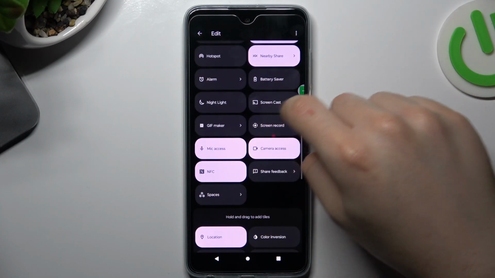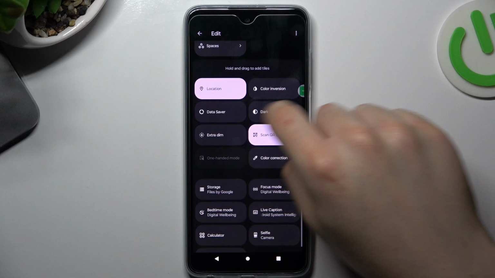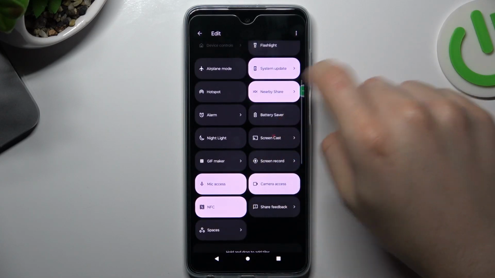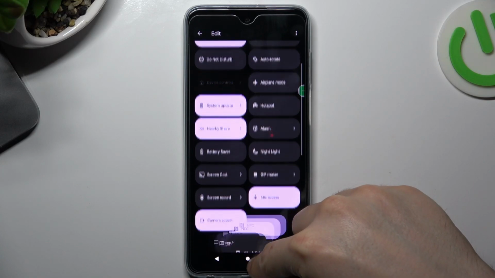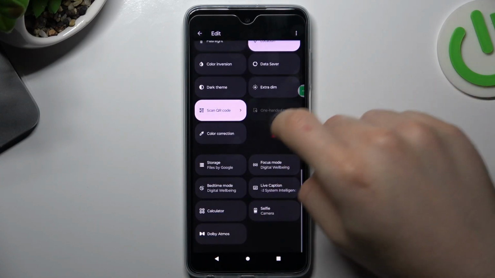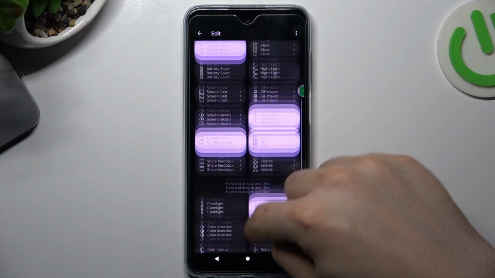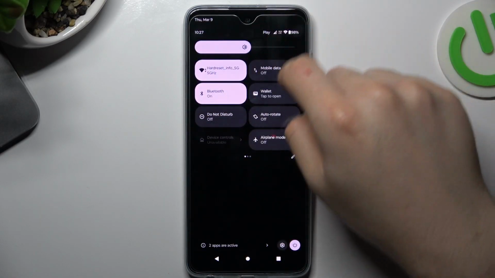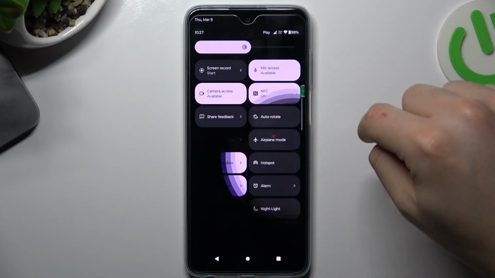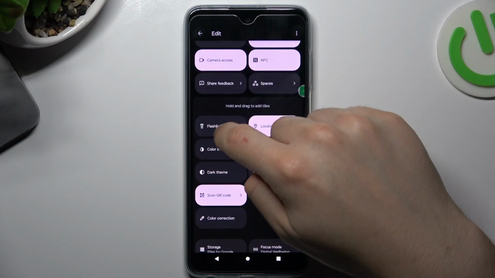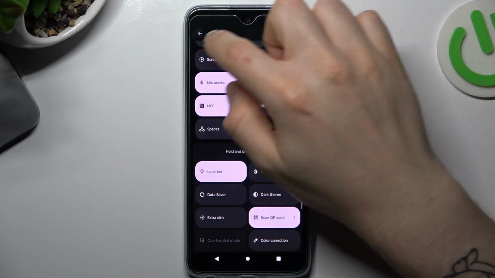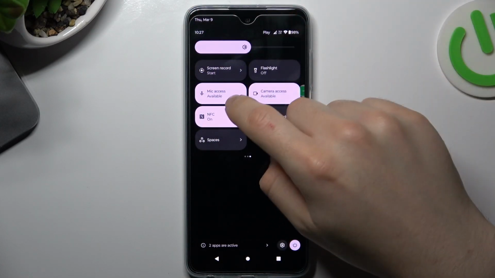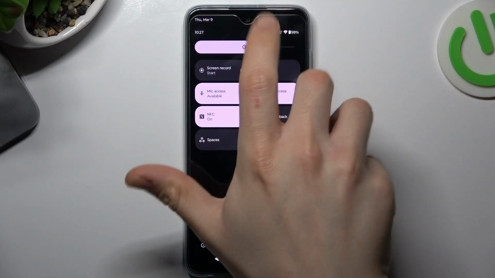And now look for the flashlight in the bottom section. So, if you have a flashlight here now, and you don't have it in the top menu, go to the pen icon, drag the flashlight to the top, choose the place for it, and just go back. Now, if you have a flashlight here, just tap on it,